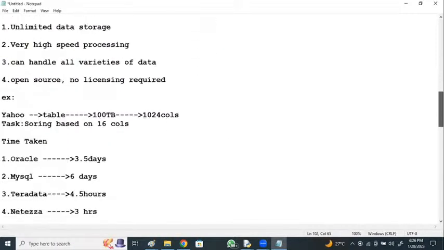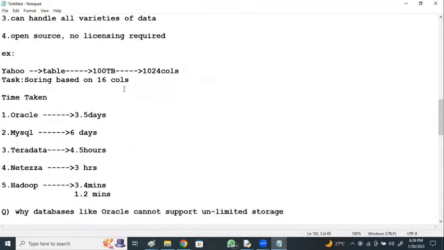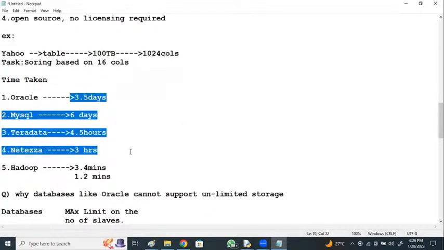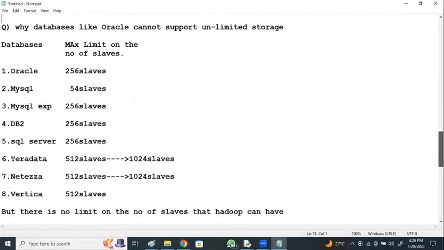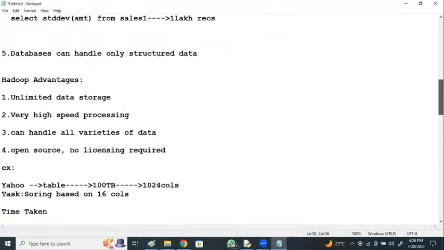Now see these advantages. Some tests were conducted by Yahoo to check the speed of these databases, where Hadoop has taken minutes of time. Other things have taken days and hours, it has taken minutes of time. And why can databases like Oracle or others not support this? They have a limit on the number of systems. Right? So if you see,